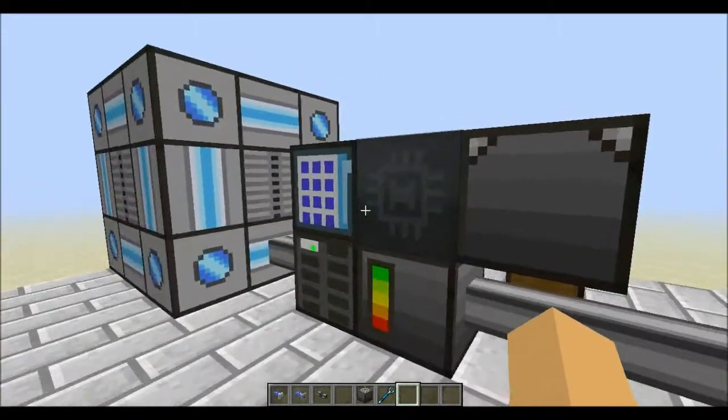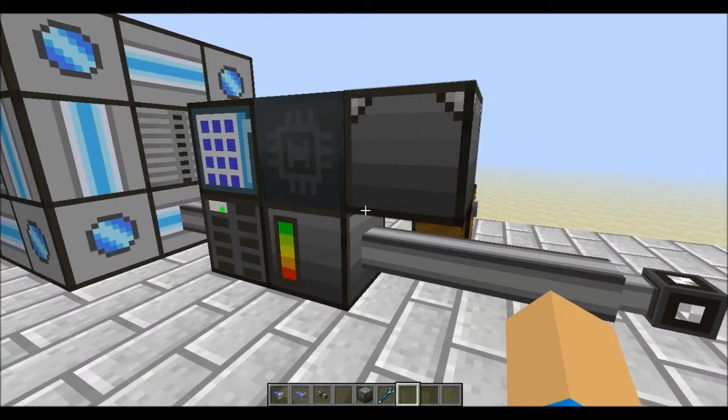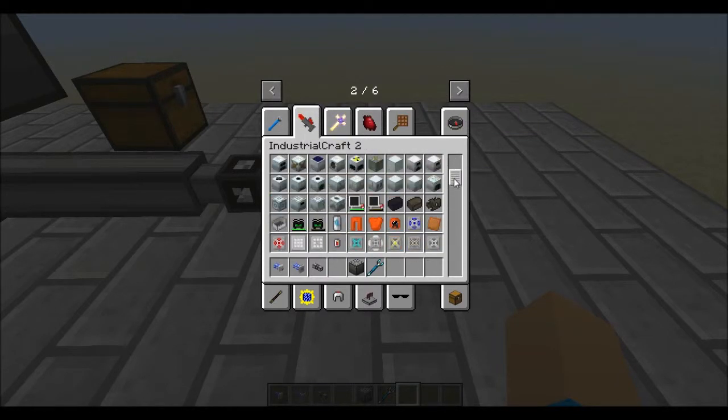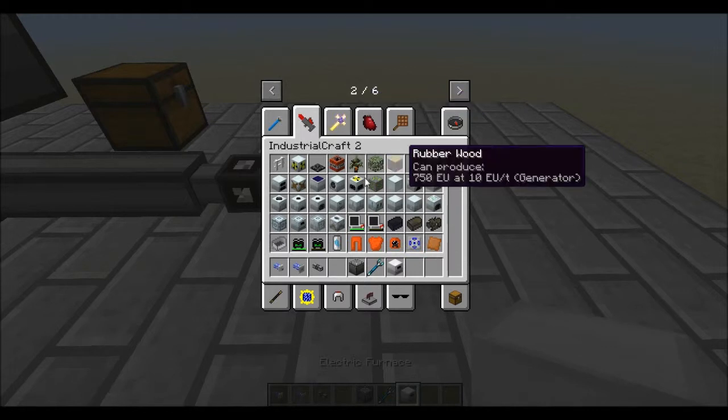Let's do the stone idea. We're going to make a system that automatically crafts stone brick. Sure, let's do that. Okay, so we're going to need a couple of things. First of all, we're going to need an industrial craft electric furnace. Oh, well, maybe we don't want the electric furnace. Oh no, wait, that would work. Well, yeah, we'll get an electric furnace, and then we'll get an